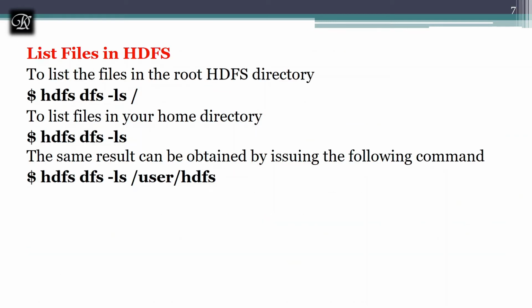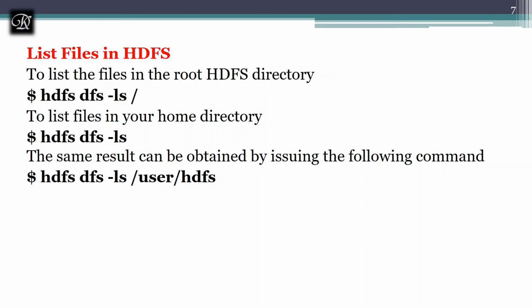Let's see how we can list the files in the HDFS directory. As I said, we have to start with hdfs dfs. These commands are for Hadoop version 1.0. Some of the commands we are going to use, like hdfs dfs -ls, also work on Hadoop 2.0 onwards. Right now we are using Hadoop 1.0, and these commands are discussed based on that. hdfs dfs -ls: we know the use of ls in Unix, so it is going to list out the content of the directory.